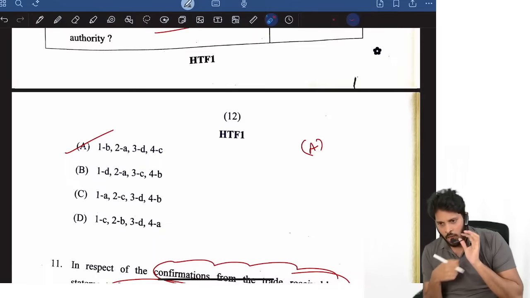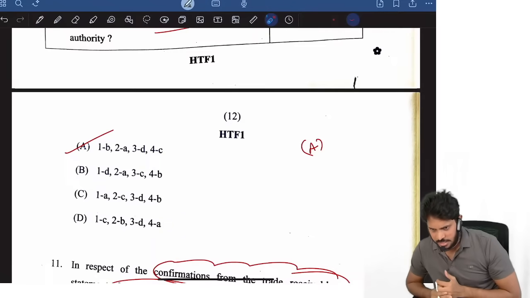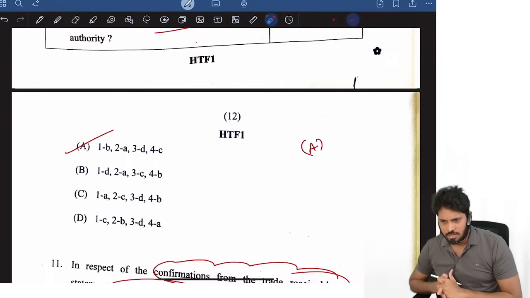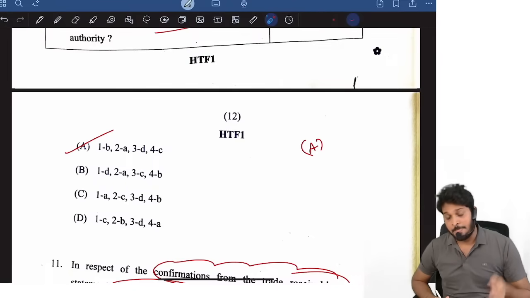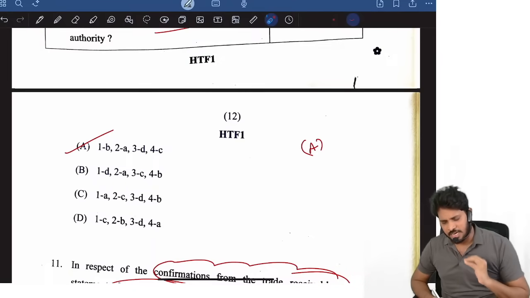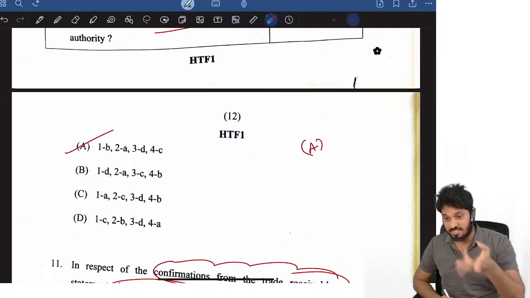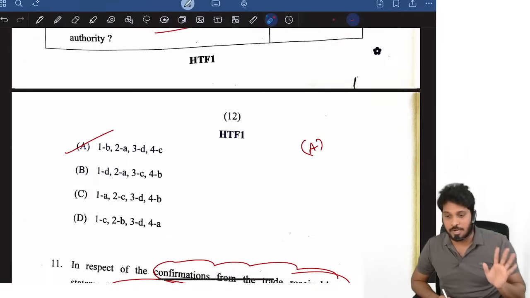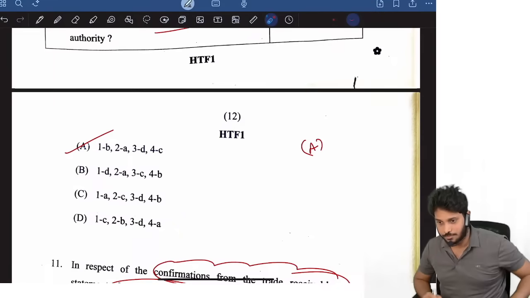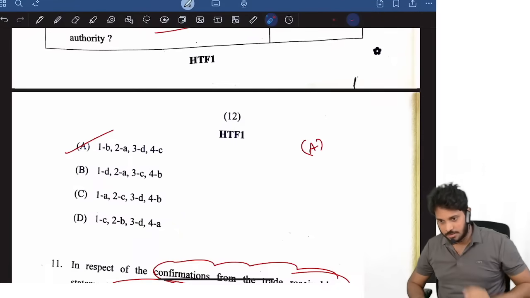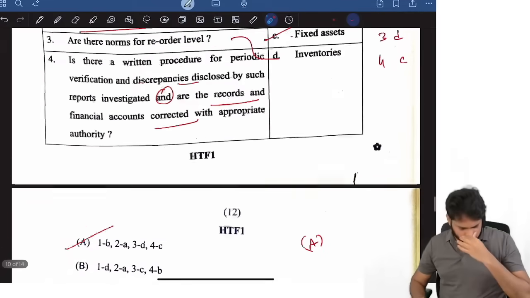Somebody is asking: overdue interest is interest accrued on overdue debt, so how can only interest or principal be overdue? I think both should be overdue. No, need not be. In order to become an NPA in case of agriculture advance, principal can be overdue or interest can be overdue. Anything can be overdue. You see, I say study material also uses only the word which is used. That's it.